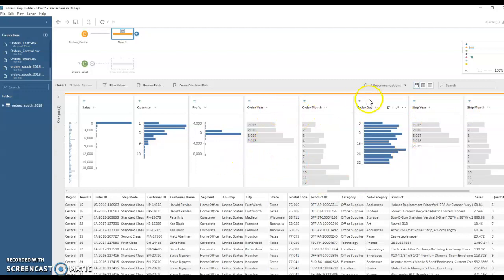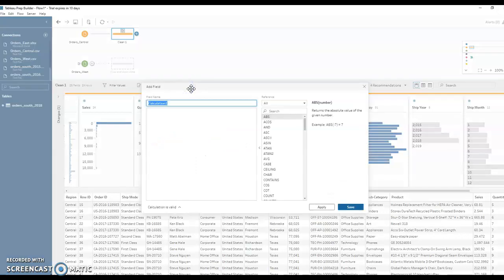So we want one date for the order date and one date for the ship date. And so we're going to use a calculated field again to do this in one easy step. Okay, so we're going to click on Create Calculated Field,